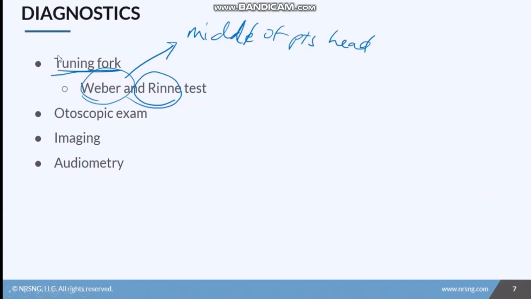And then the Rinne test compares hearing by air conduction with bone conduction. The vibrating tuning fork is placed on the patient's mastoid process for bone conduction. The patient is asked when the sound is no longer heard, and the tuning fork is vibrating, by the way, for this test. You'll swipe it down your leg. It's going to be vibrating. You place it on the patient's mastoid process and ask the patient when the sound is no longer heard. So when it's no longer heard, we move the tuning fork to